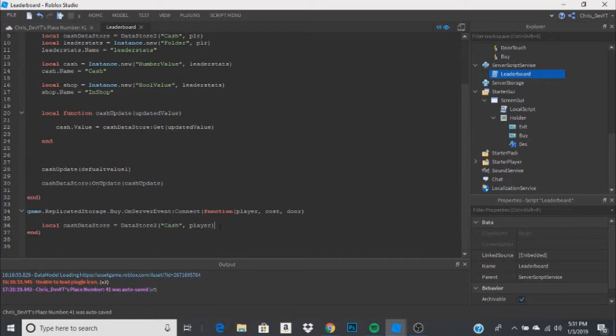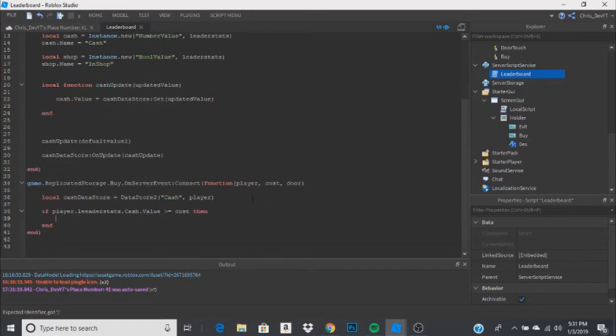Okay, now that we have this, we're gonna do if cost, or if player.leaderstats.cache.Value is greater than or equal to cost, then we're gonna do cache data store,